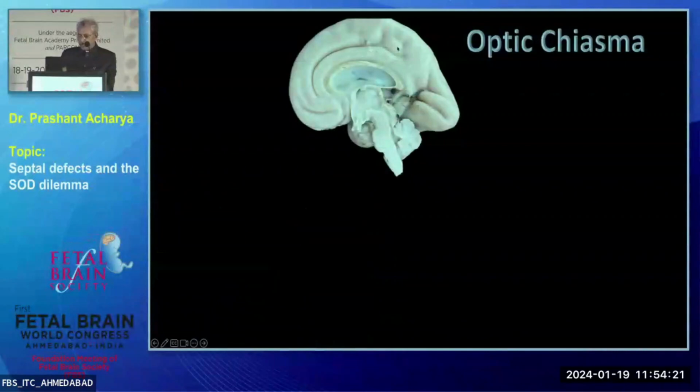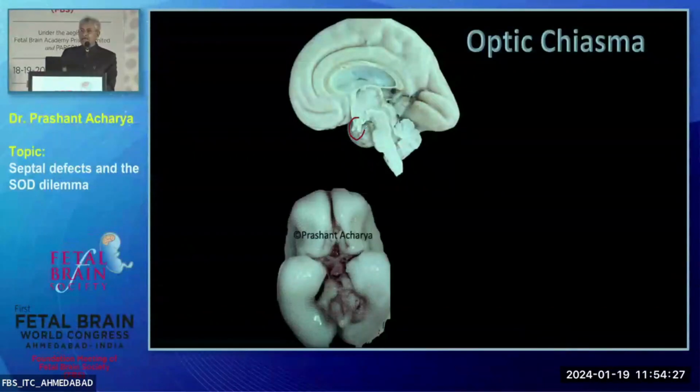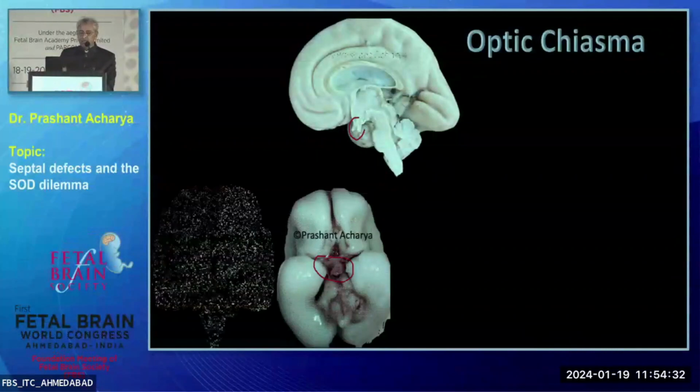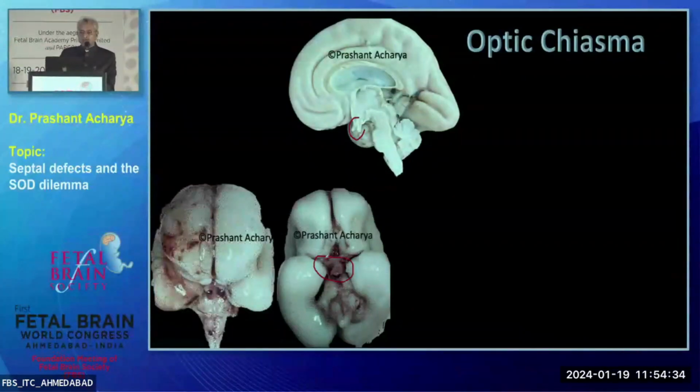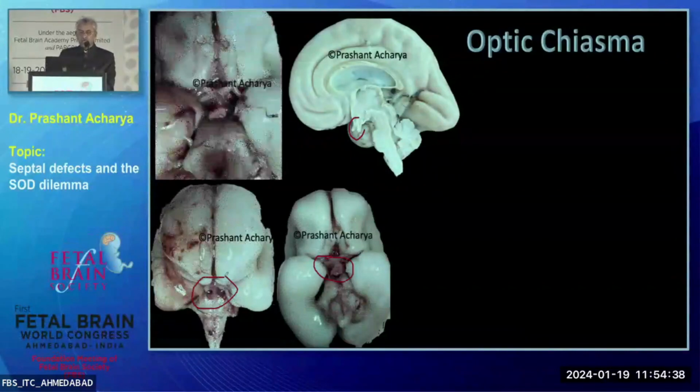So, for the optic chiasma, there are many things to look for. If you are evaluating a mid-sagittal section, this is the place where you should be looking. If I'm evaluating the base by volume, I should be looking for this kind of image. If I'm looking at a coronal view, these are the places where I will be looking for an optic chiasma. Again, zooming that portion, the hypophysis is just behind that.